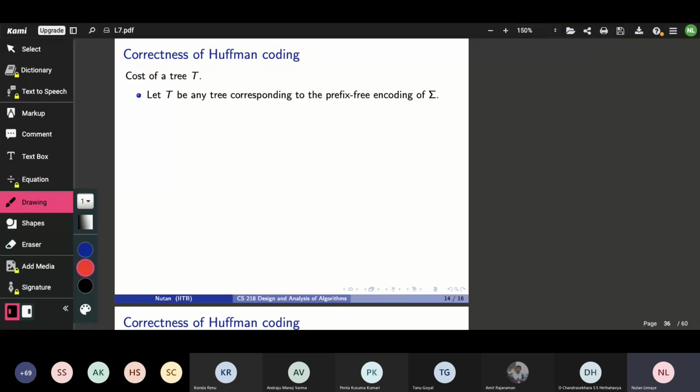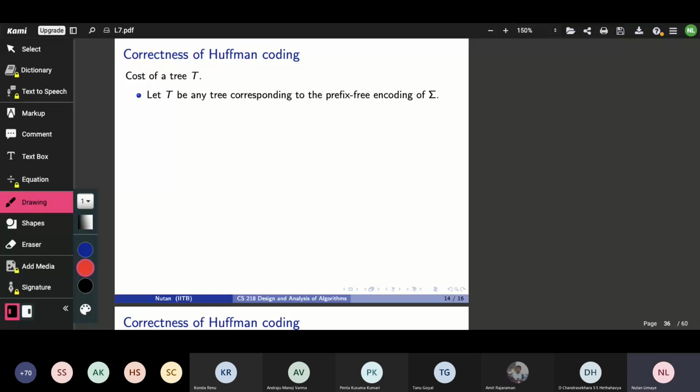And as long as I keep the following code for a letter at the leaf, which is that if the letter appears at left, left, right, left, whatever, then it is encoded as 0, 0, 1, 0, whatever.